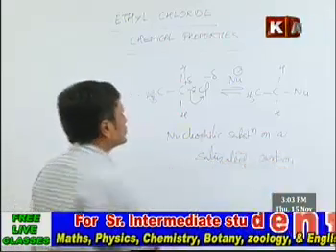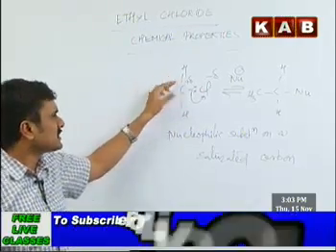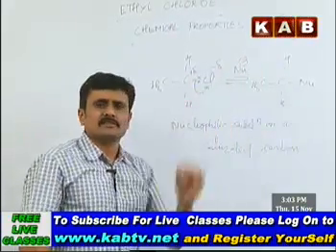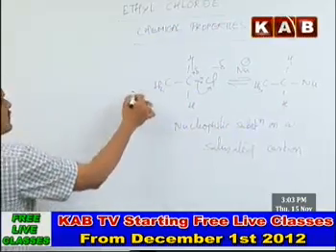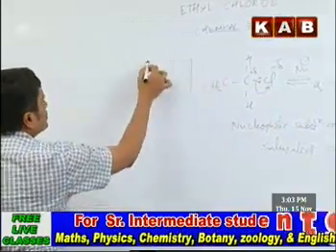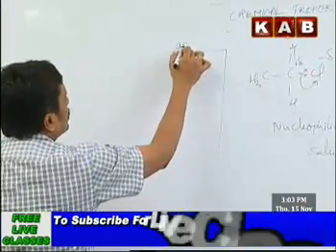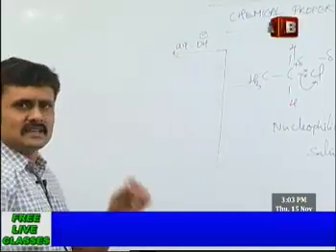Now, since this carbon atom, being the saturated one, can easily undergo the nucleophilic substitution to give different products. Some of the reactions related to this nucleophilic substitution are the treatment of this ethyl chloride with aqueous OH minus. That is, any alkali